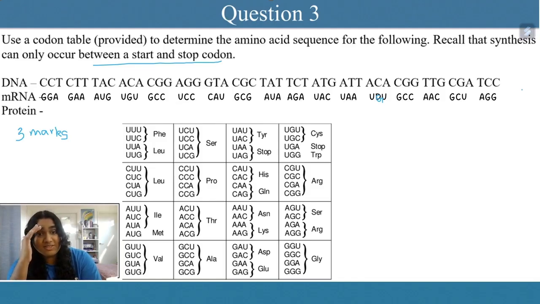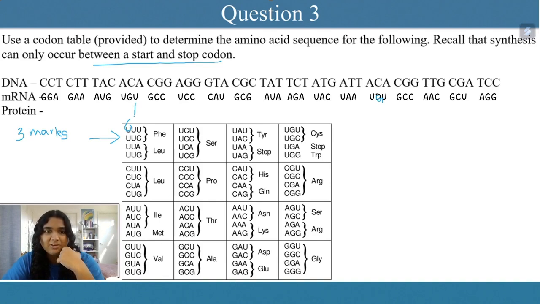Now what you've got to do is match up all of those codons to the adjacent amino acid. So the way that this is kind of organized is the first codon is the one on the left, like if you're going U's, all of the U's are in this top column, all of the C's are in this next one, A's and then G's.